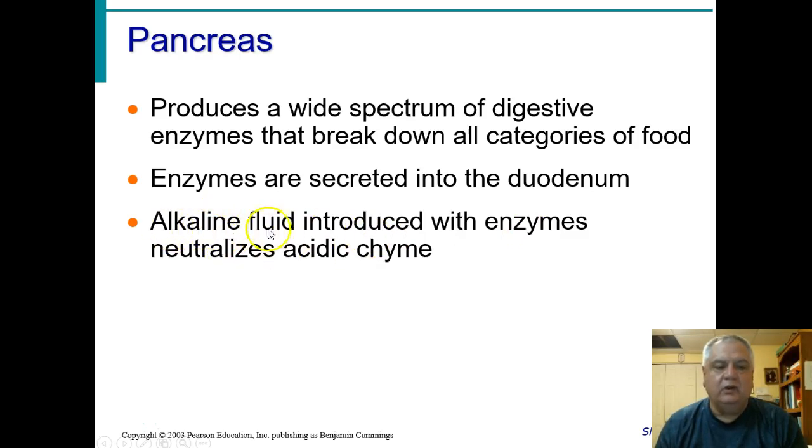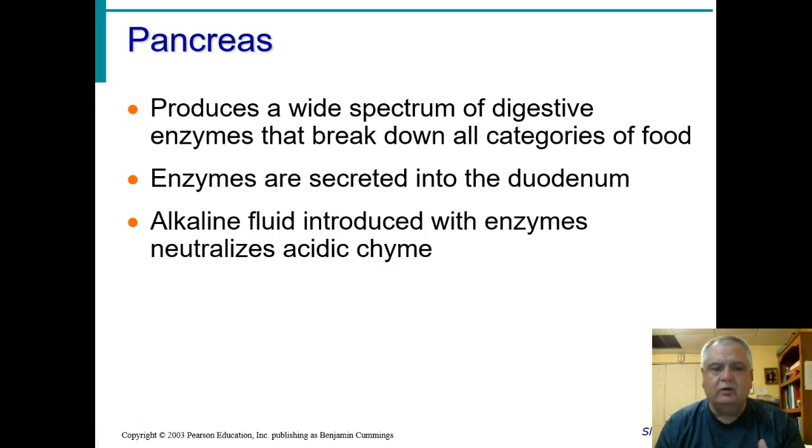The alkaline fluid is important because it's going to neutralize the acidic chyme that's coming out of the stomach. So the chyme, that liquefied, kind of digested food that's coming out of the stomach now,